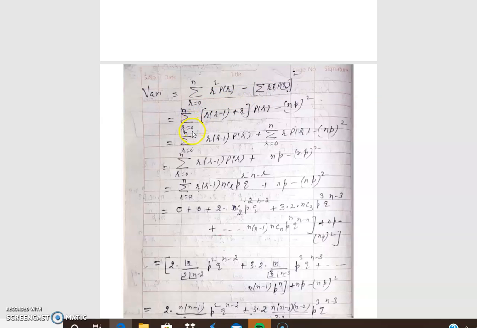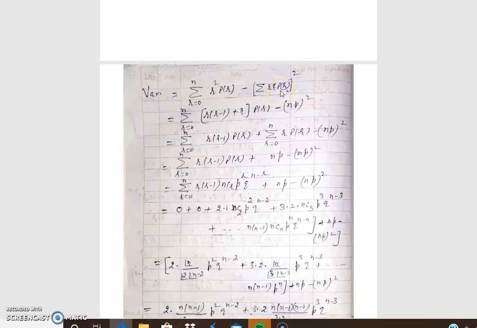And now here r goes from 0 to n, and this value r square p_r we can write as r minus 1 plus r, because when we multiply r in this bracket this becomes r square minus r, and this r is cancelled by this plus r, so again this becomes r square p_r. That's why we can simplify this summation as r minus 1 plus r outside the bracket p_r minus the value of r p_r.